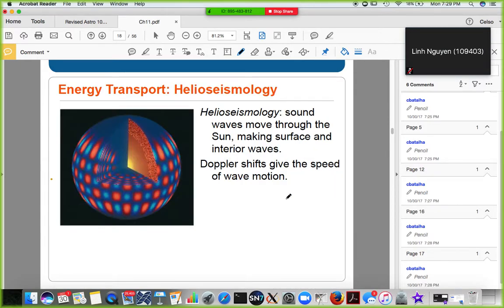Now, this convection creates internal motion, in fact, pulsations in the solar interior. Again, you don't see the solar interior, but you can see the effect of it where this pulsation takes place. And